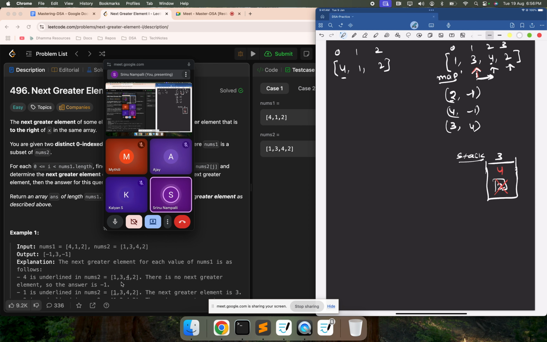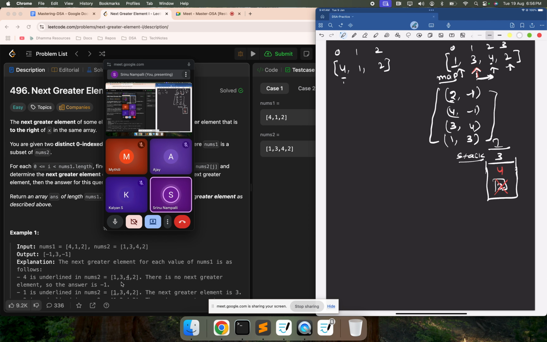Then when I move to the next element, now if you closely see the previous element, which is 1, for 1, in the top of the stack you have 3, so 3 is greater than 1. So I'll maintain that for 1 the next greater element is 3, and I'll just keep 1 here. Now for example, if I have the input, so now